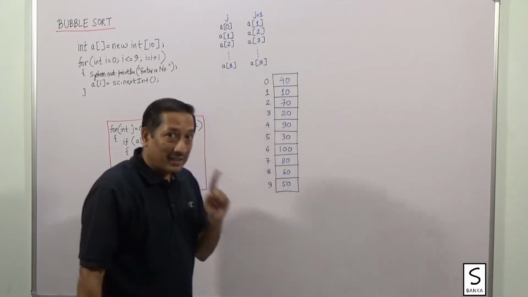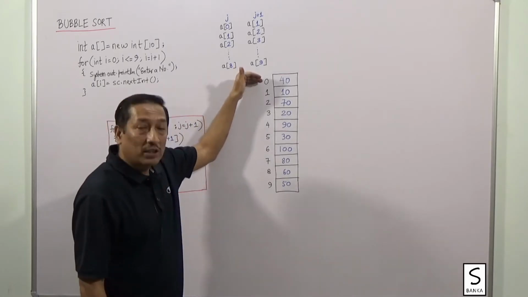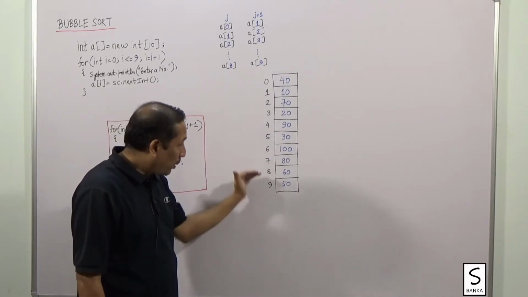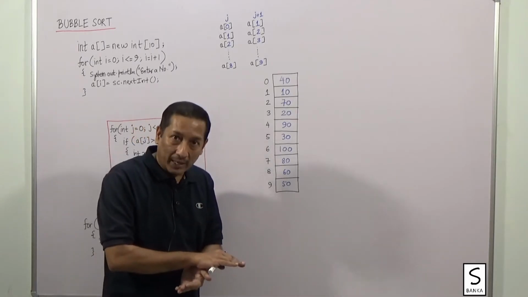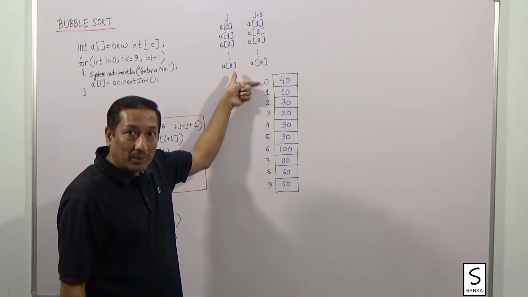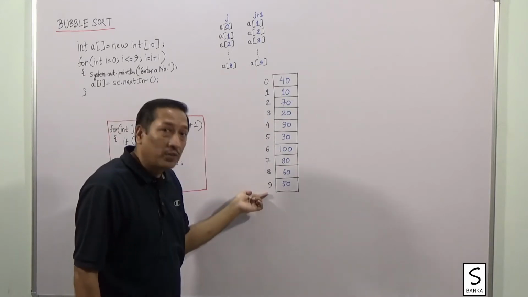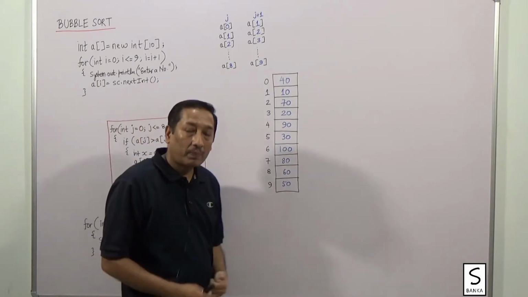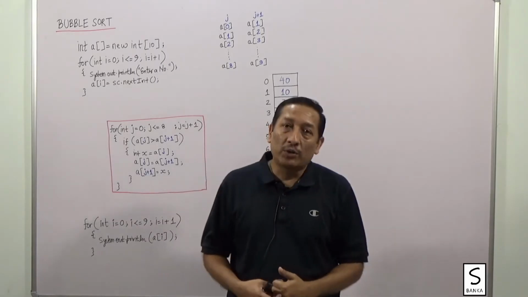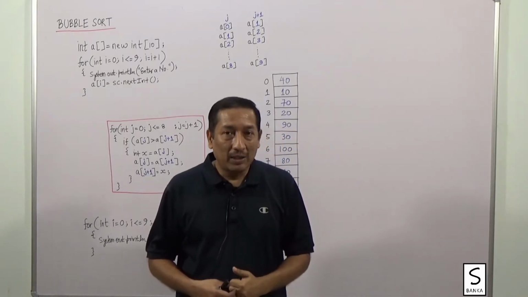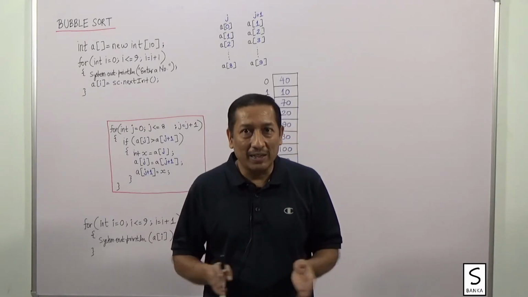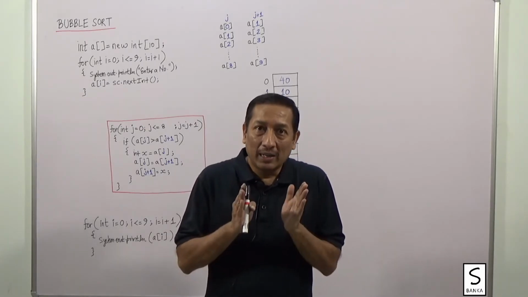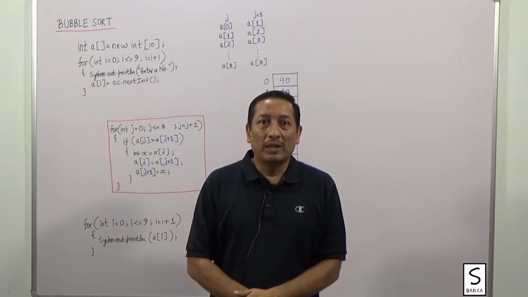So, in ascending order, the topmost location will contain the smallest number and the bottommost will contain the biggest number. And vice versa in descending order, where the topmost will contain the biggest number and in decreasing order, the last one will contain the smallest number. In this video, we are going to discuss the bubble sort method for arranging the data in ascending or descending order. There are various techniques, but this video is only limited to the bubble sort technique.